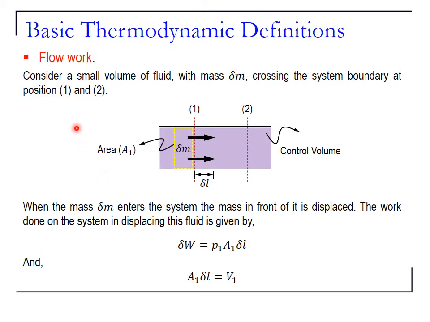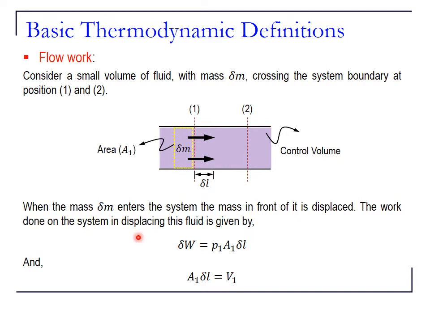Now let's have a look at how we can derive the flow work for an open system. Let's consider a pipe flow, where 1 is the inlet and 2 is the outlet. We think about a mass of delta M, a small mass, that is going to enter from inlet 1, crossing the system boundary here, and it will leave the system at the boundary of plane 2. When the mass enters the system, the mass in front of it will be displaced, so